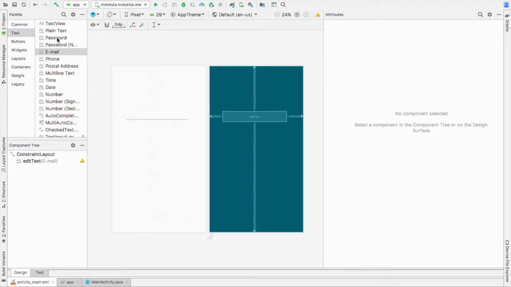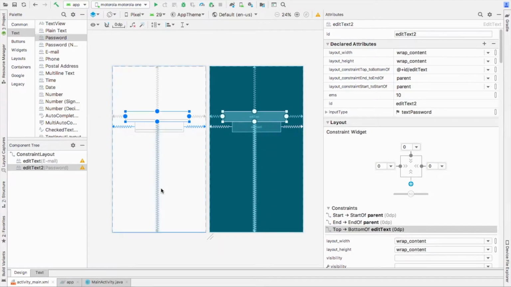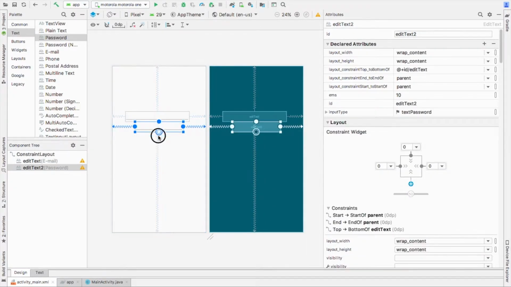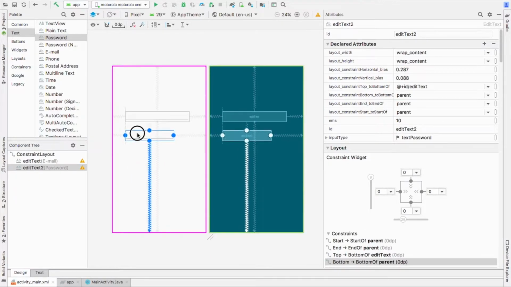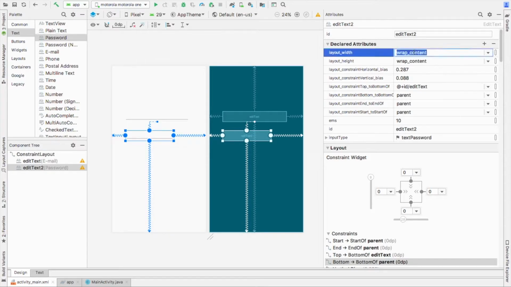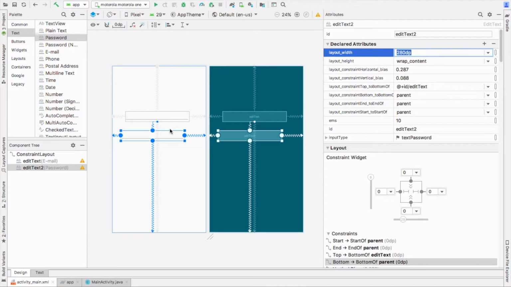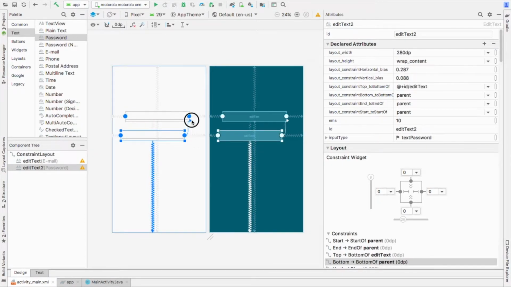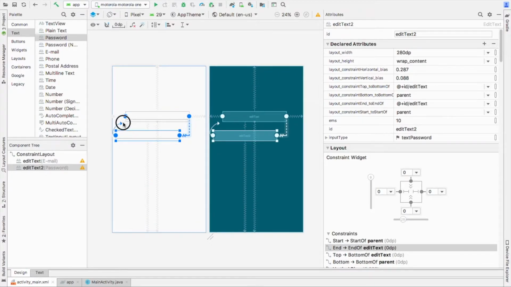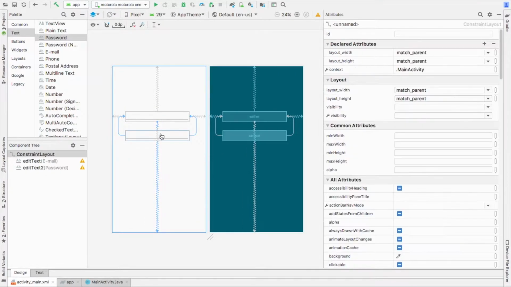Same goes for the password. Our password will be alphanumeric, so we'll drag this one. We'll give it the same things, constraints. This will be below this one. Password would be below the email. Here we'll just do this and give it the same width. So these are of the same width, I think. Yep, we'll have to align this, so we'll just do this. It's easy to do in constraint layout because you can give constraints. If we want the password to align with the edges of the email, we'll give this and it will get aligned.